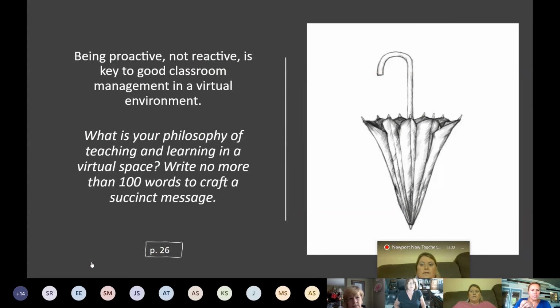I'm going to skip this slide. This one is about your educational philosophy. I don't know if they still do that in school, but a long time ago, before you graduated, you had to write about your philosophy of teaching. It really just focuses on what your core beliefs are about teaching and learning. If you haven't taken the time to do that, I do encourage it at some point. And also think about the fact that my core beliefs really haven't changed just because I'm in a virtual environment. Okay.